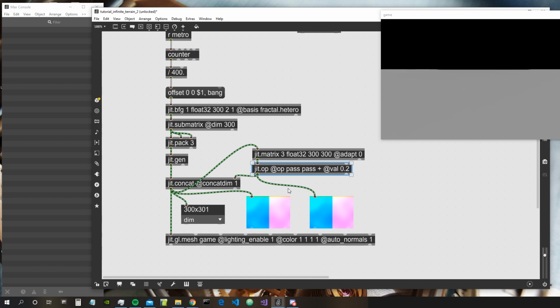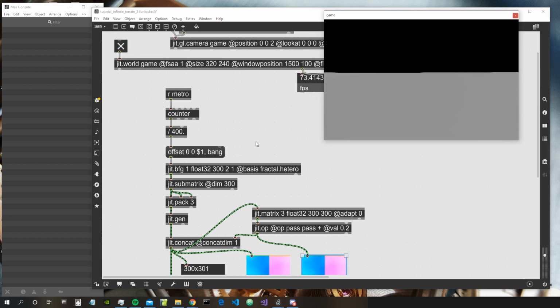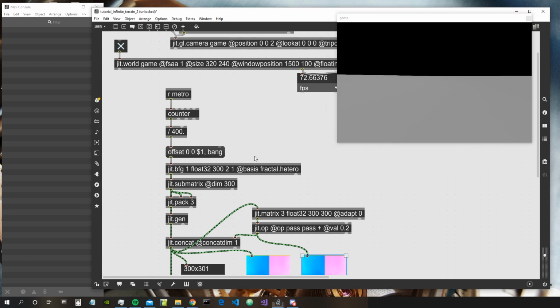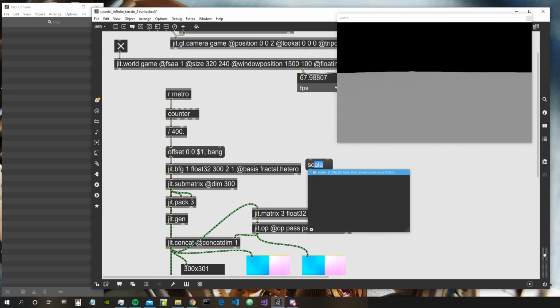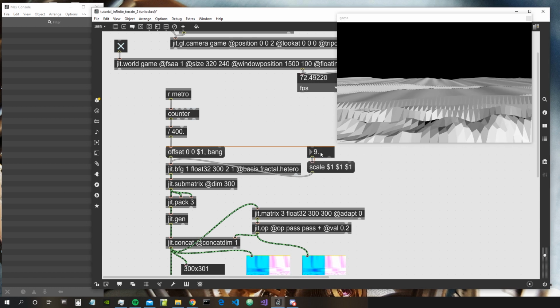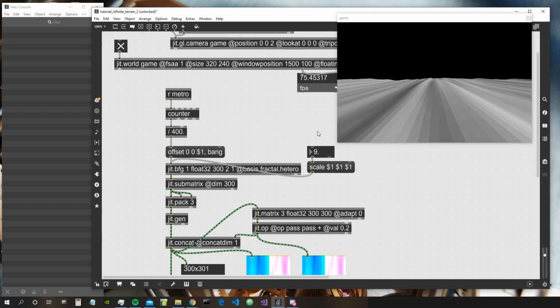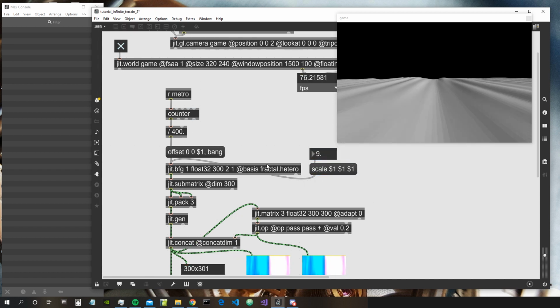And the zeta value gets always increased. So this creates kind of a sliding of the terrain. Now the terrain is not really interesting because we're using actually a fractal hetero. We can try, for example, with the scale value of the basis. Alright. Okay, so we're getting something, but the really interesting thing, if we actually use the property